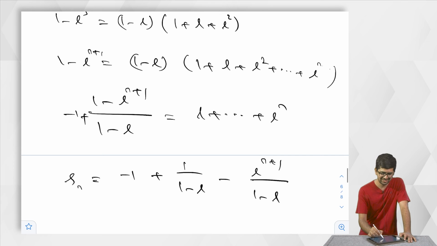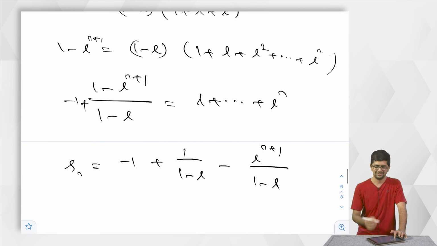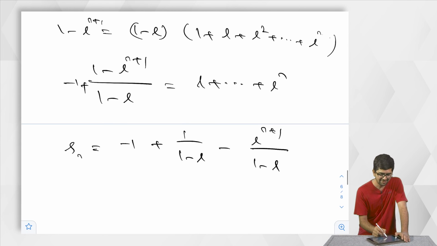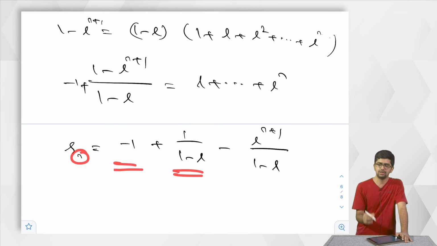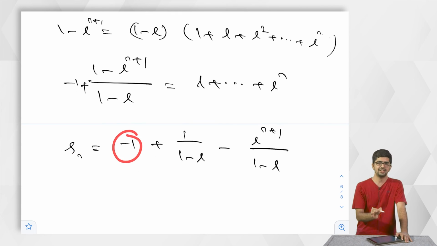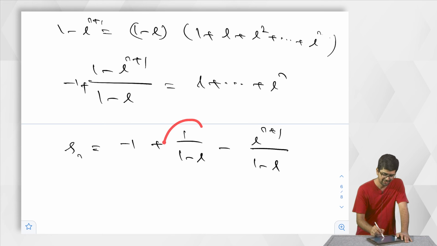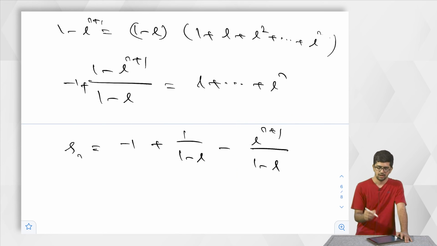Here we have n parts. For each n we have n parts. So just looking at that we get disturbed. Here we have only 3 parts. For each n there are only 3 parts. This part is constant, no problem. This part is also constant, no problem. This part depends on n, but as I said,